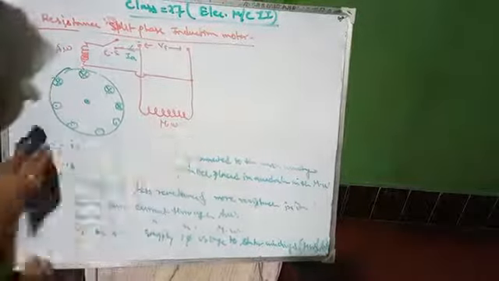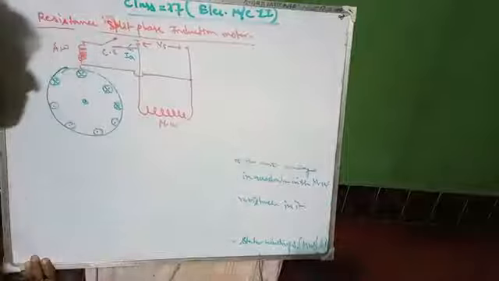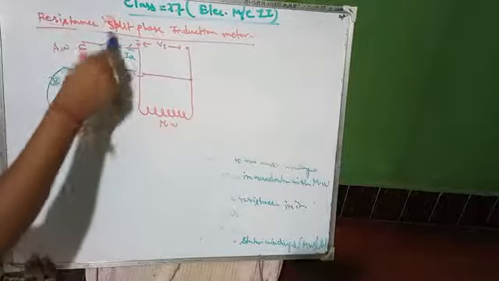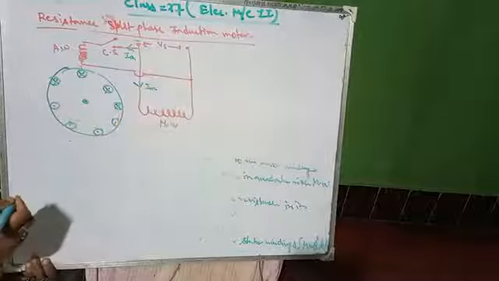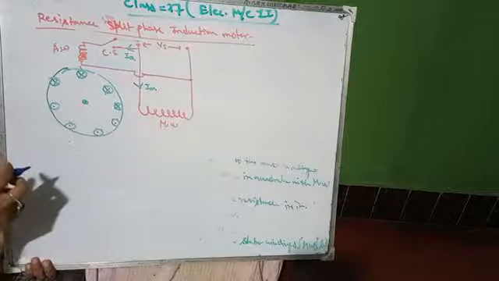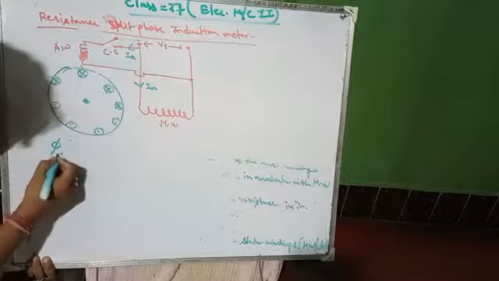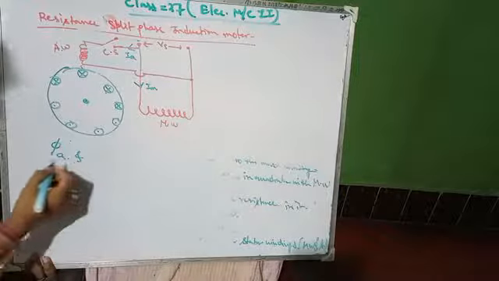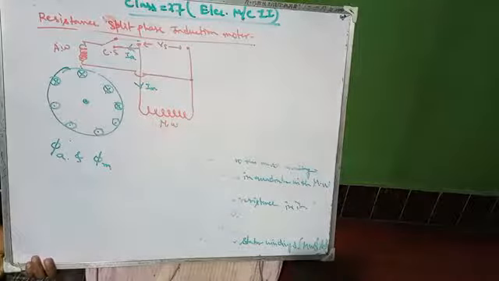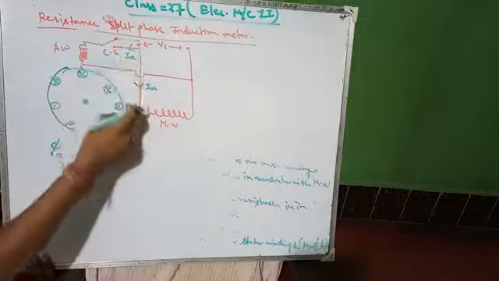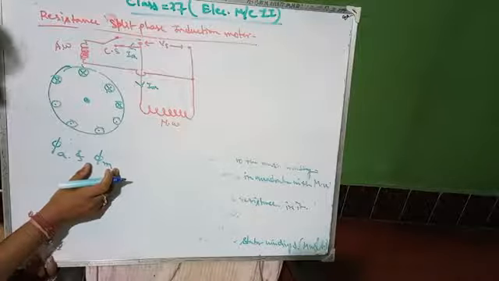Then write: at the time of starting, the centrifugal switch is closed, that is turned on, and an additional current IA will flow through the auxiliary winding, producing an auxiliary flux phi A. Simultaneously IM will flow through the main winding to produce the main winding flux phi M in the same air gap.